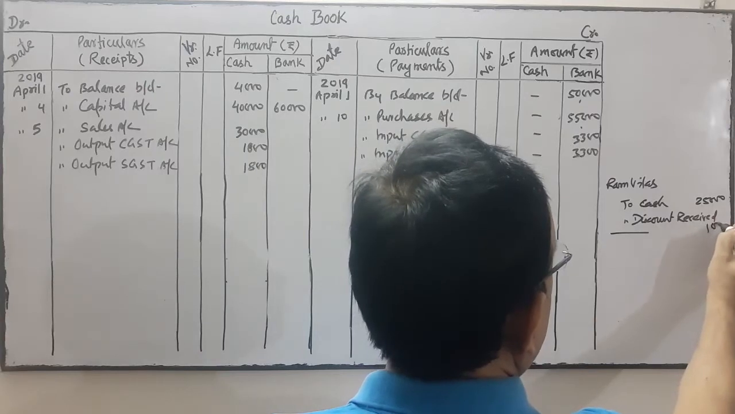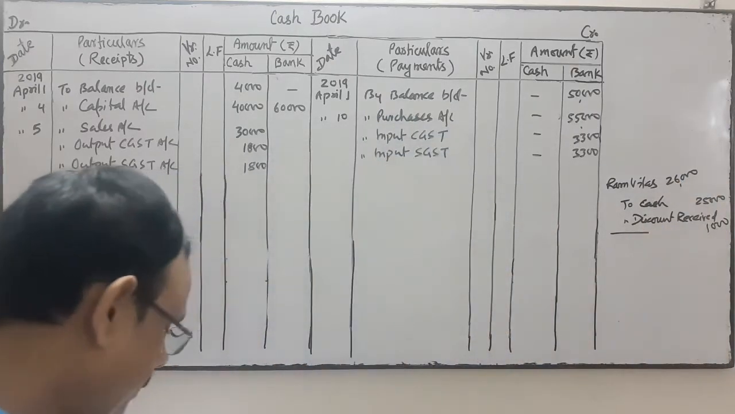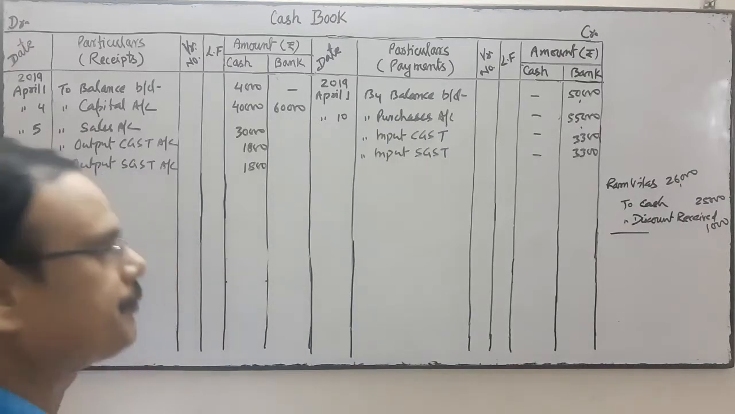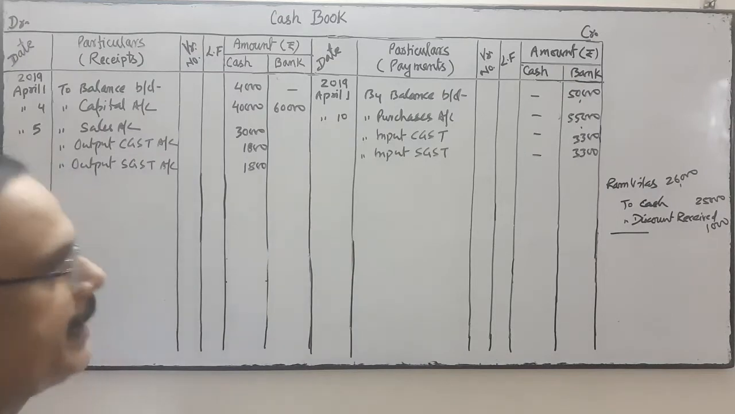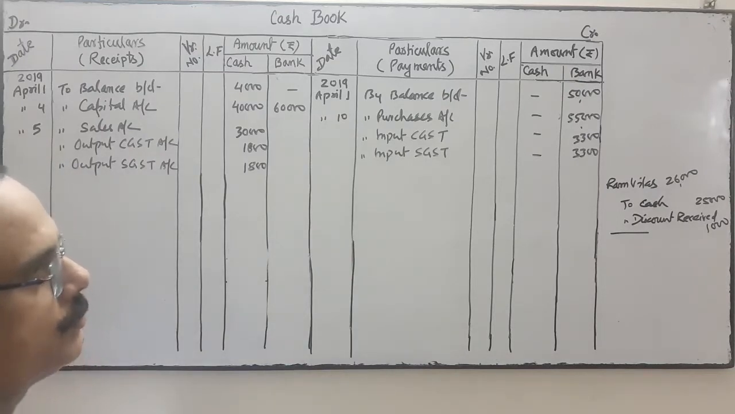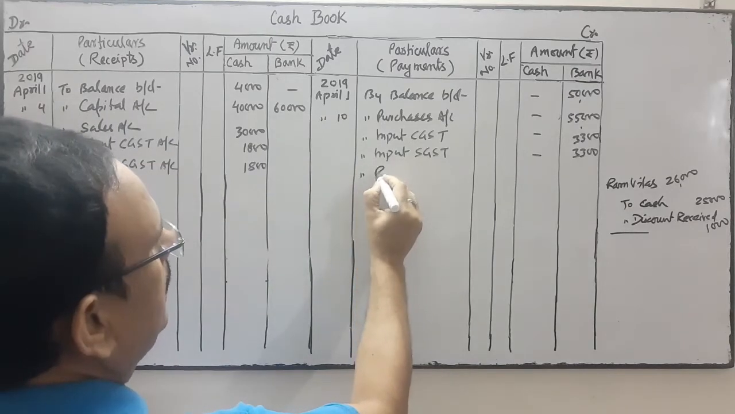1,000 is the discount. It means 26,000. This is 26. Paid to Ram Vilas, our creditor, 25,000. Cash will be credited with 25. Discount allowed by him 1,000. So it is 26. So on the credit side we will write by Ram Vilas